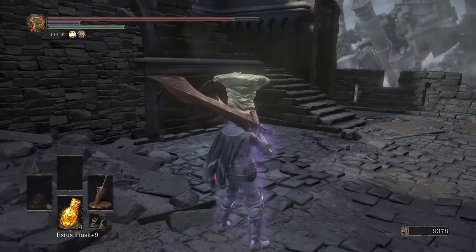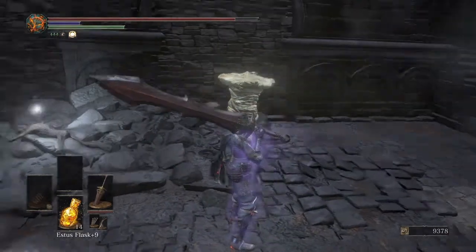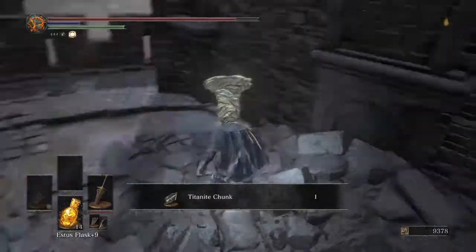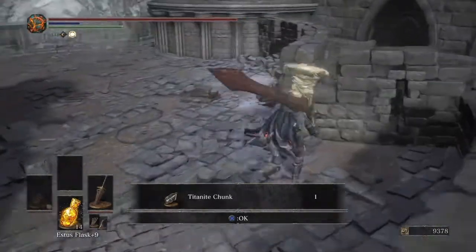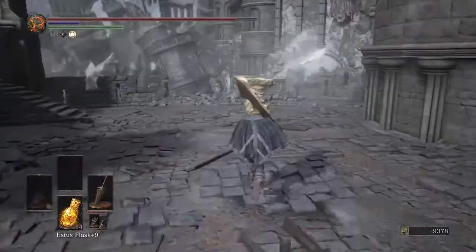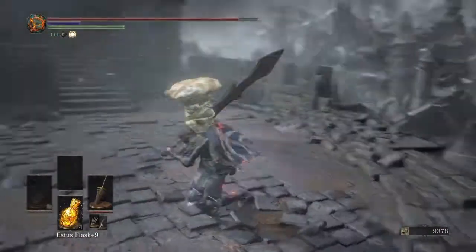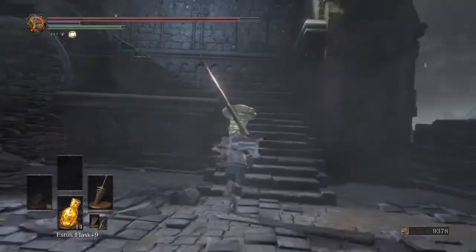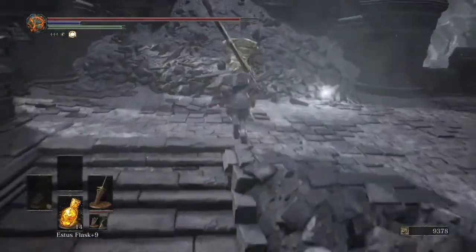They will drop Titanite chunks, and they will also drop their armor set. There'll be a lot of chunks through this DLC, but there's also a lot of scales and twinkling Titanite as well. But anyways, we did just jump off here, so we're going to run back up and get another new weapon,